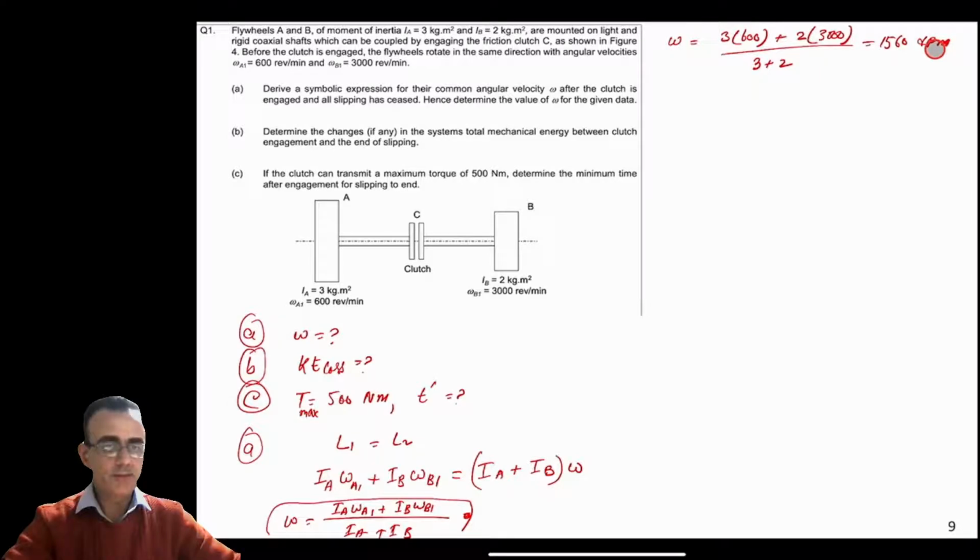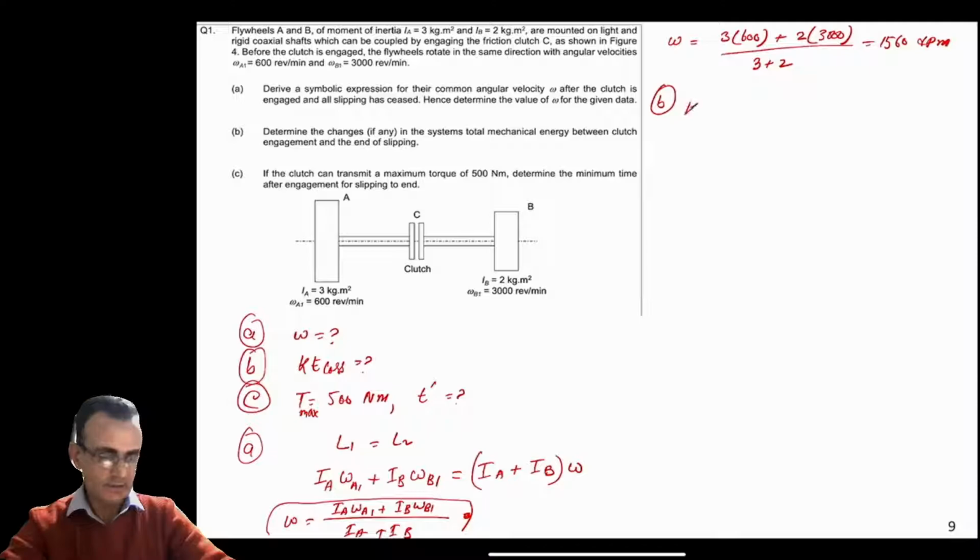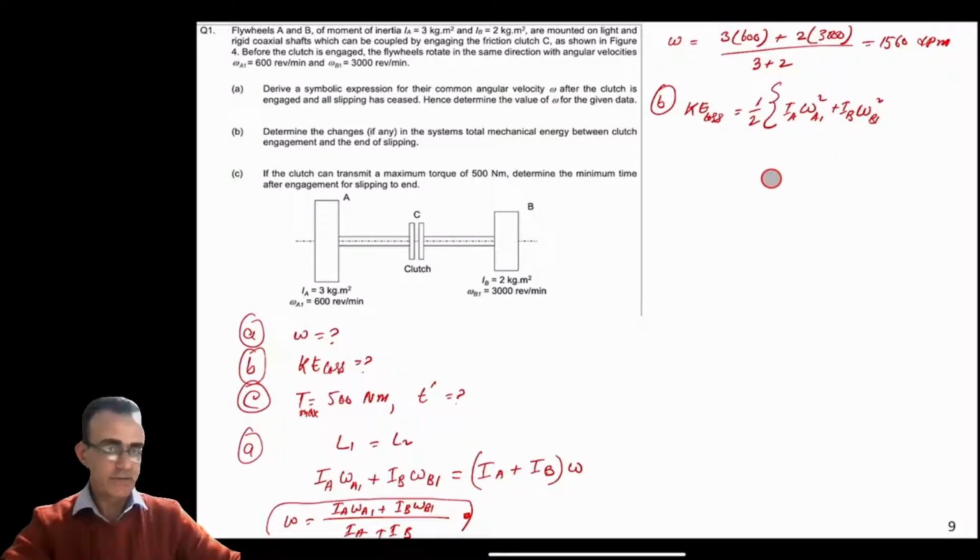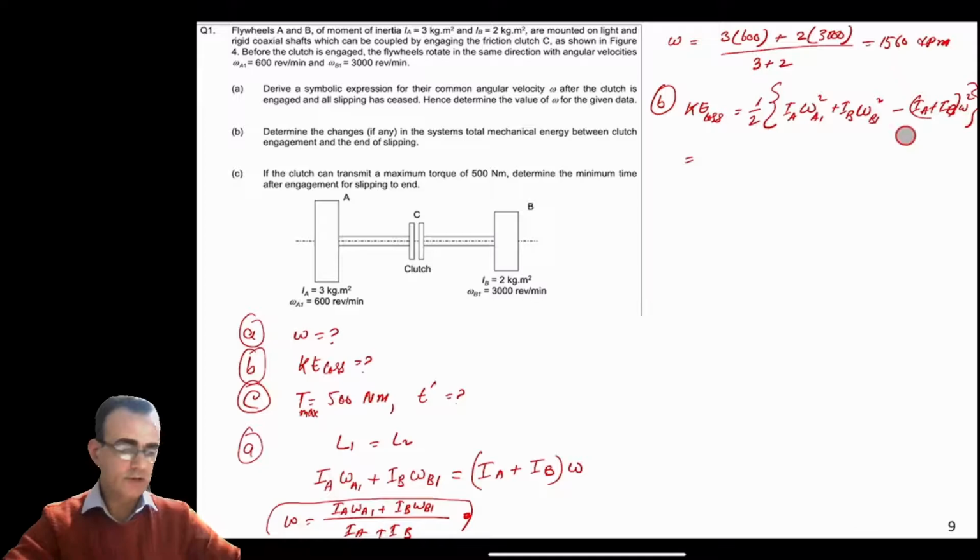And now in part B, what you need to calculate is the loss in kinetic energy. So kinetic energy loss will become the initial kinetic energy, so half IA omega A1 square plus IB omega B1 square, minus the final kinetic energy, which is half IA plus IB and omega square. In this case, if you put the values here, you will need to change the omega into